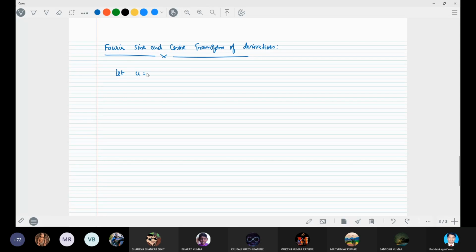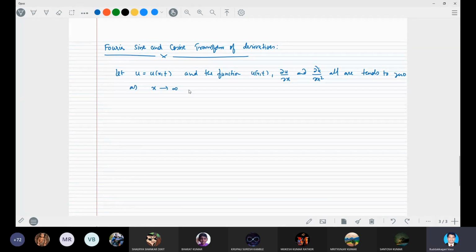Let u is equal to a function of x comma t, u(x,t), and the functions u(x,t), dou u by dou x and dou square u by dou x square all tend to 0 as x tends to infinity. Okay, then